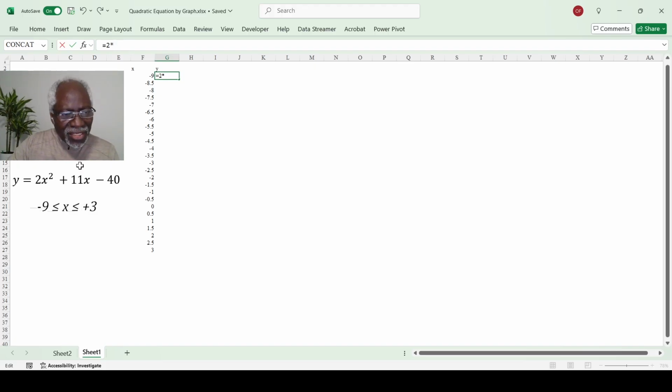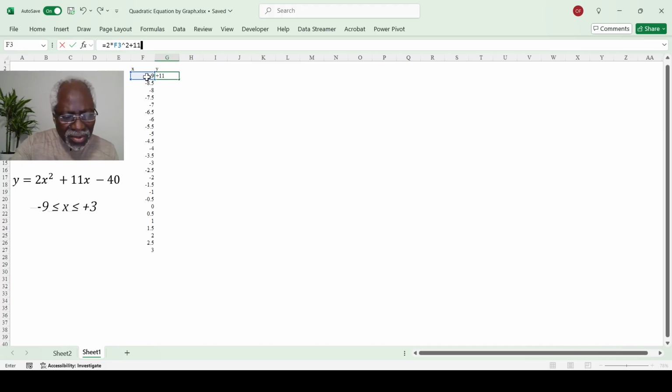Now our x will be taken from the value we have here, referencing that value x, to the power of 2, that is the square, plus 11